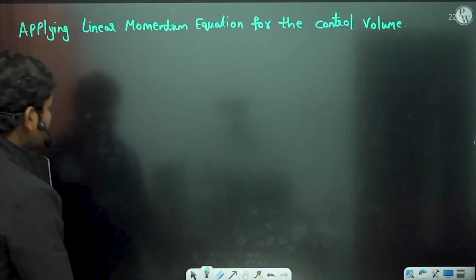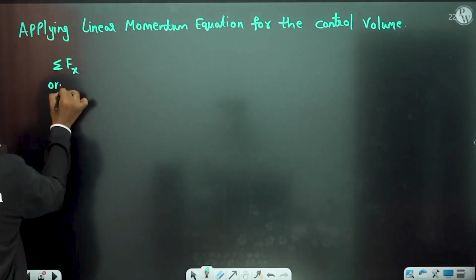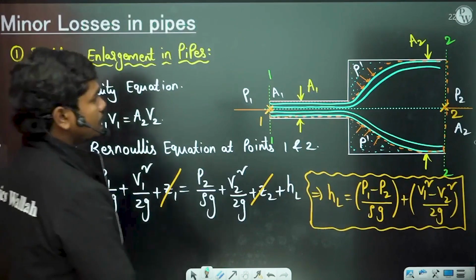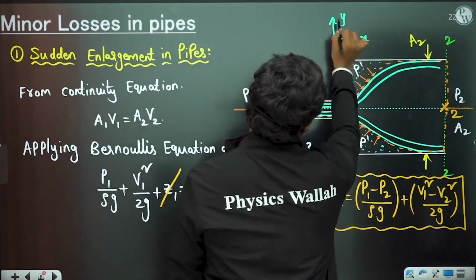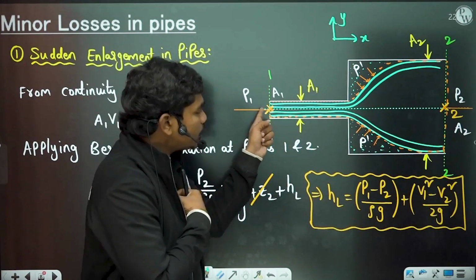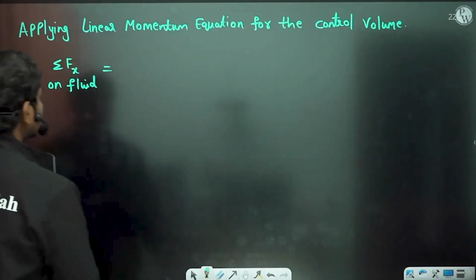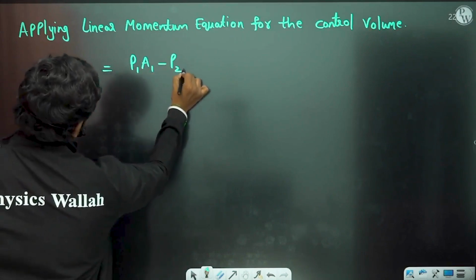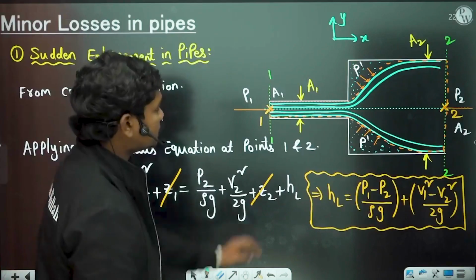Now see, sigma Fx on fluid is equal to, so what is sigma Fx? You see, for example, if you take this as the positive x direction and this as the positive y direction, then let us see what happens. At this point you have P1 into A1 in the positive direction of x and P2 into A2 in the negative direction of x. So P1 A1 minus P2 A2,